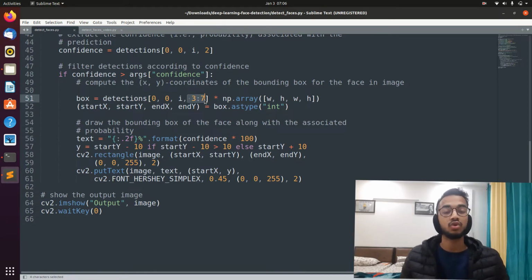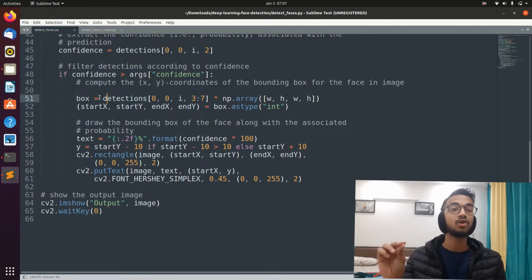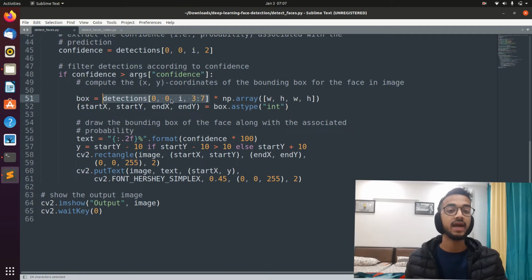Again, this is something that you should not know by default. This is something you get to know by reading the documentation. They clearly specify in what format the model output is gonna come. So when you write this line, it's gonna give you the xy coordinates of the two opposite points of a box that it has drawn. But the catch is, once you simply fetch the coordinates, it's normally in a scale of 0 to 1. It's normalized. So we have to rescale it back to fit the original image. So we multiply it by the width and height respectively. Right? We multiply the x coordinate by the width and the y coordinate by the height.